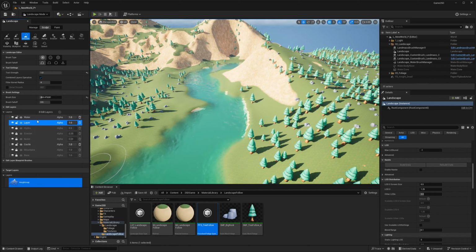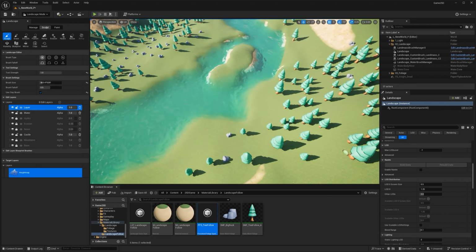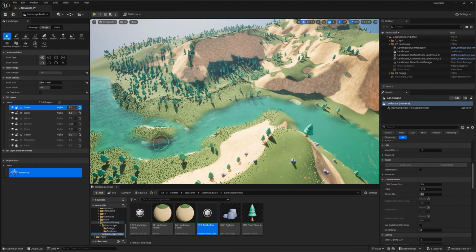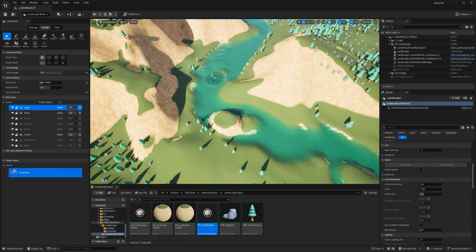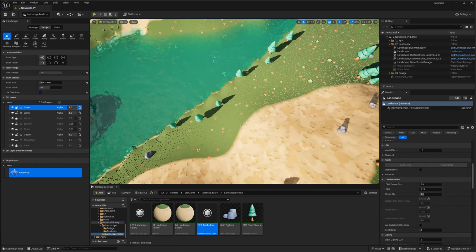Okay? But what I can do is go here and create a new layer. Well, it's not gonna let me. Oh shoot, I got to my limit. And I can start sculpting. Oh, I'm smoothing instead of sculpting. I can start sculpting on top of it and start creating some interesting shapes, almost like tiny islands in between the river.